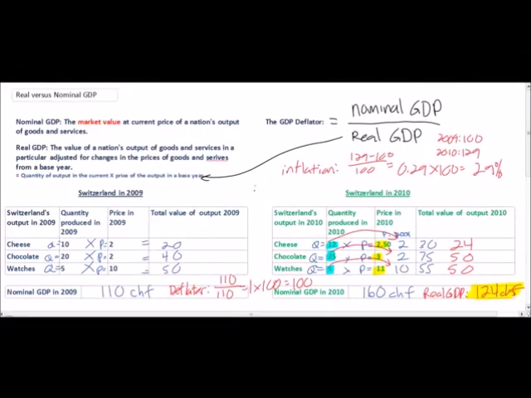We have distinguished between nominal GDP, which is simply the market value of a nation's output using current prices, and the real GDP, which measures the value of a nation's output in a particular year using the prices from a base year. The reason we consider real GDP to be a more accurate measure of the nation's actual output in a particular year is that it adjusts the nominal figure for changes in the price level between the year we are considering and a base year. We have also found the GDP deflator using the formula of nominal GDP divided by real GDP. This gives us an index which can be used to calculate the rate of